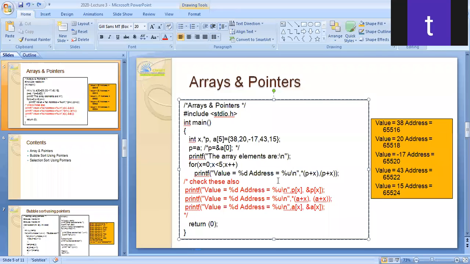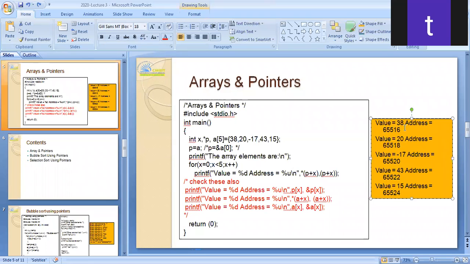So when you execute this, what will be the first value? First value is 38, and what is its address? It is 65,516. It can be anything. I can't tell you this will be the exact address. The address will be given by the system, but you can guess the next coming address.